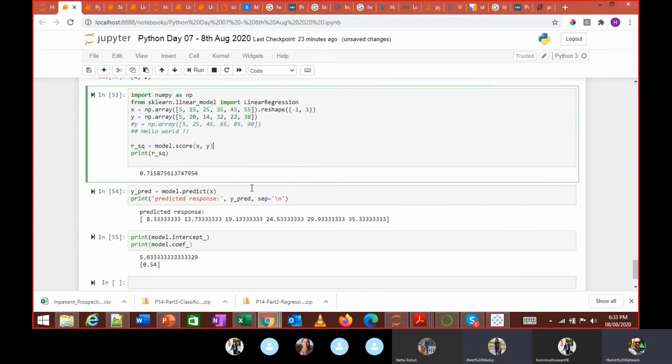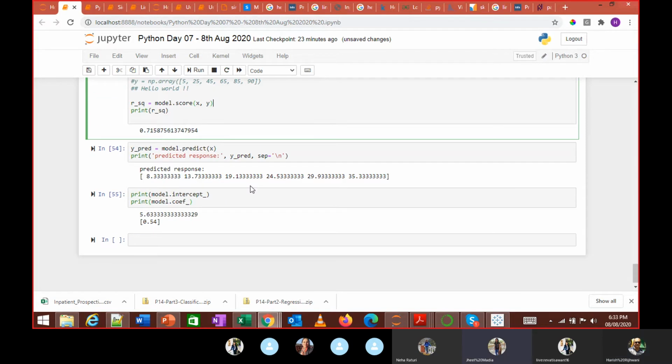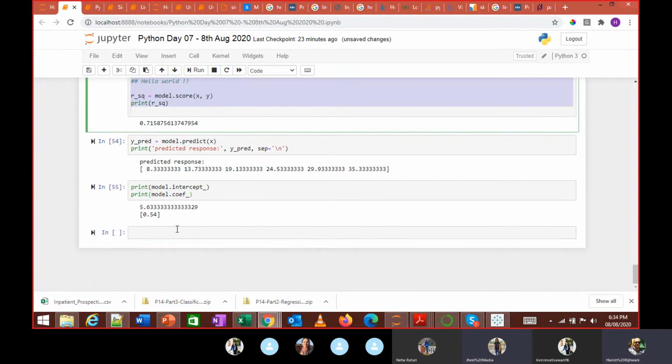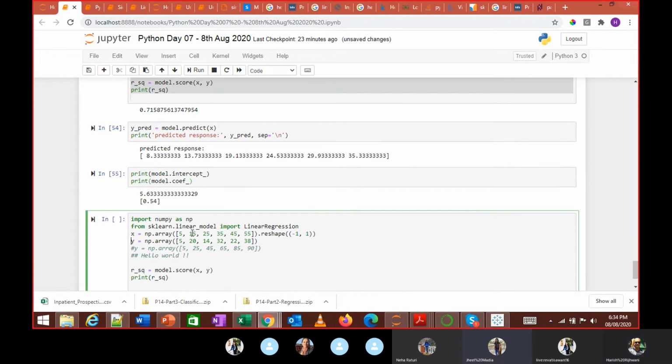I'm not getting the same R square value. What are you getting? You're using the same values, X and Y, which you sent in the chat. I'll tell you what you're getting. 0.9 something.